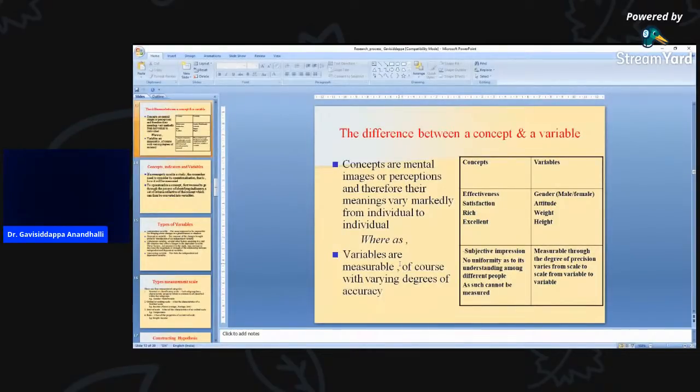So these are all variables. Height and weight we call quantitative variables. First one is gender, we call it an independent variable. So measurable through the degree of preciseness, varies from scale to scale, from variable to variable. So this way we can make the difference between